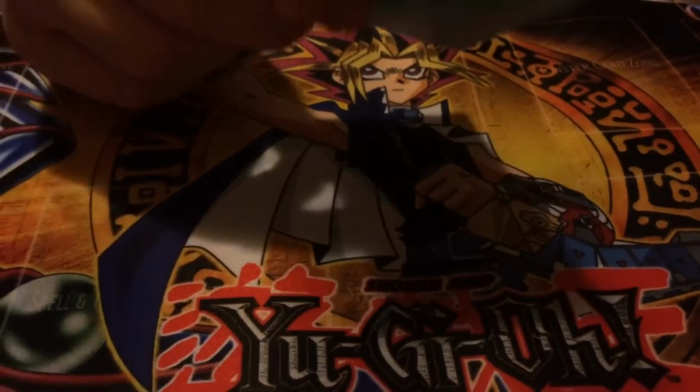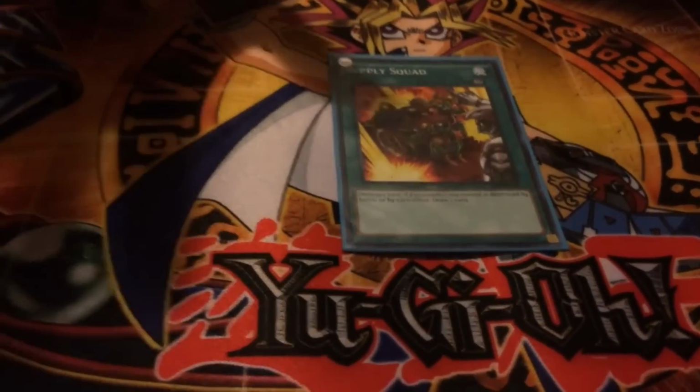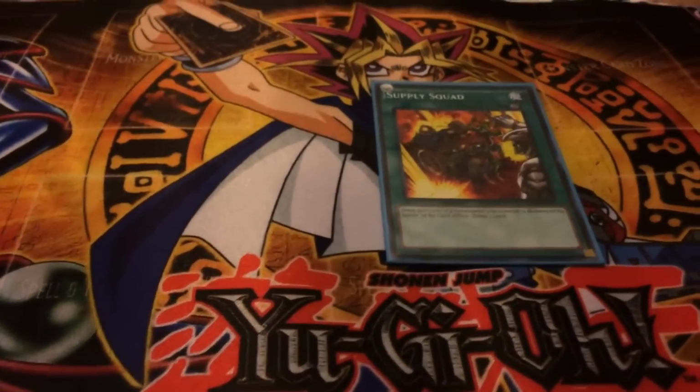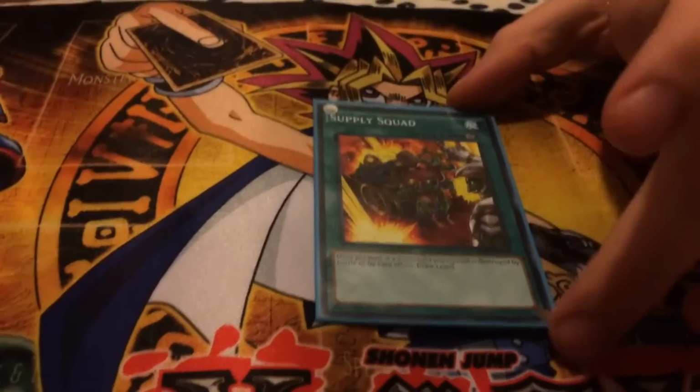This is a card that I think I'm going to be playing more of. I'm only playing one Supply Squad. I'm probably going to just play two. I might end up taking out Mind Control for it because I like the idea of when your Yang Zing's destroyed, you just gain a card for free. But most of the time people don't want to attack Yang Zings already, so that's the reason why I'm only